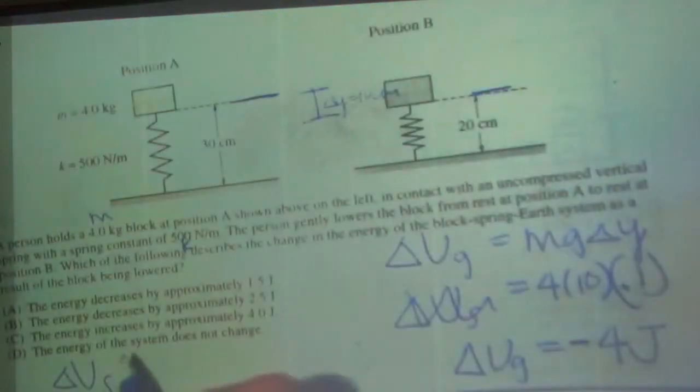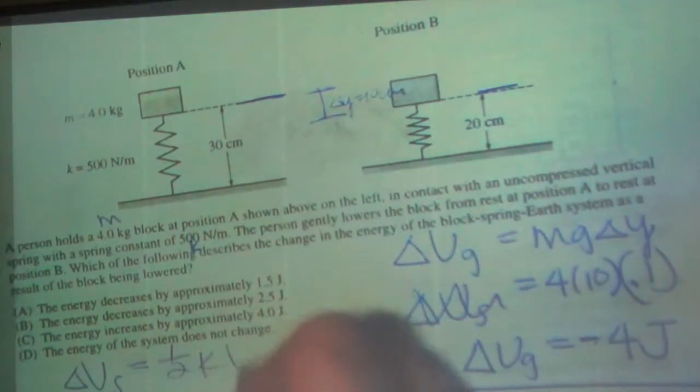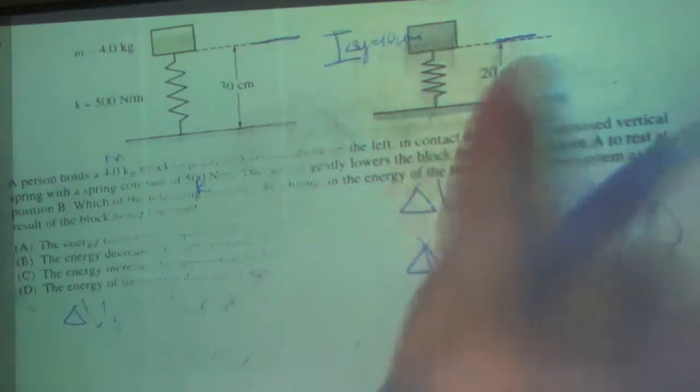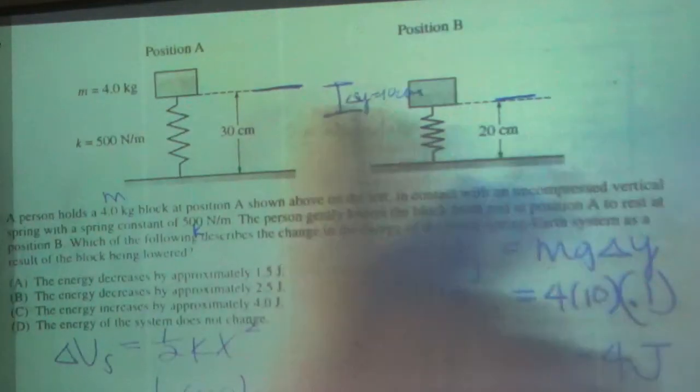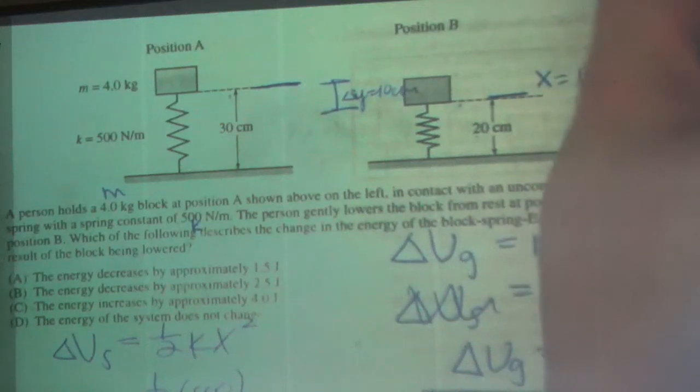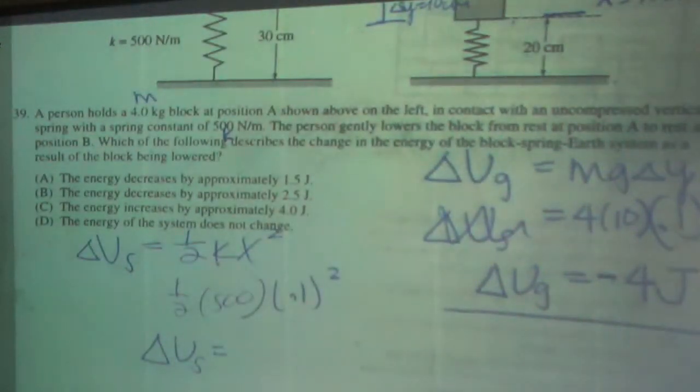Now let's talk about the spring energy. At first, there was none, right? So my spring energy is just the 1/2 kx squared that I now have. I have k, it's 500. And for the x, be careful here because 20 is not your x. x is the displacement. If it was normally at 30 centimeters at equilibrium, and it's squished down to 20 centimeters, then your x, your displacement, is 10 centimeters, or 0.1 squared. So then that gives me a change in spring energy of